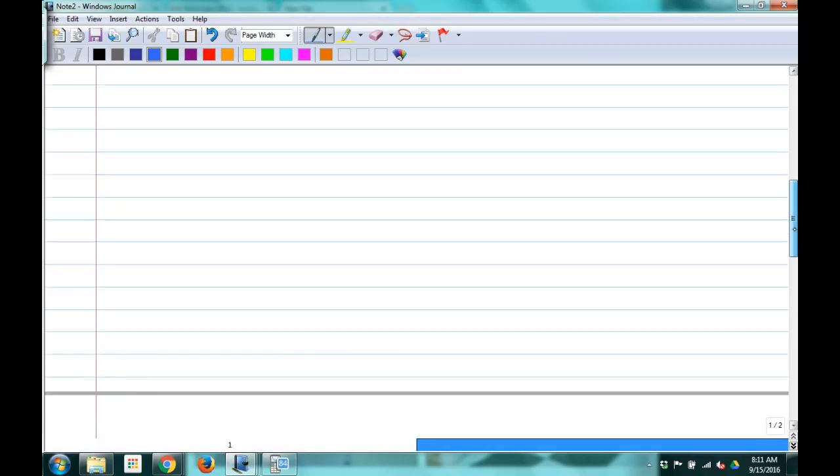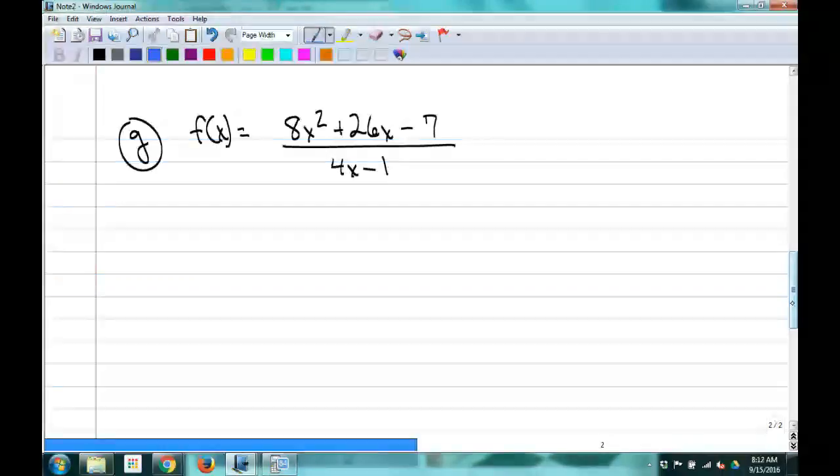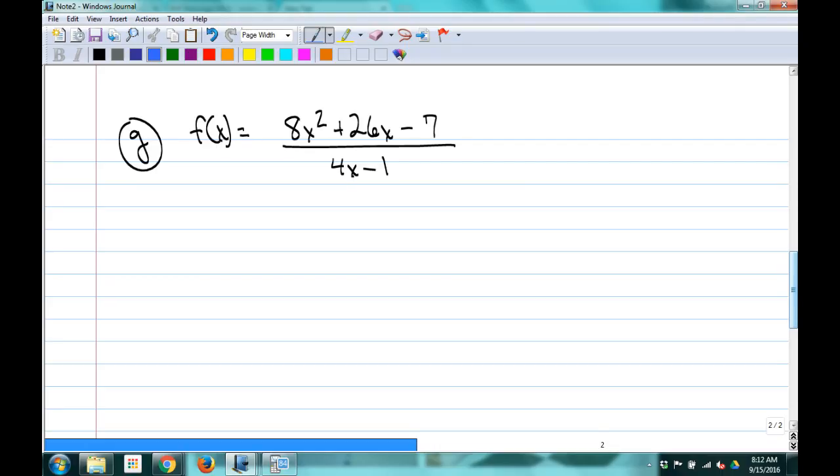All right, let's look at the last example here. We've got 8x squared plus 26x minus 7 over 4x minus 1. So we've got a nice little polynomial up top. It's quadratic, and then a linear piece in the bottom. So it's still a rational one. It's not quite as complicated, seemingly, as the others. We're still going to do the same things, though. Got the domain, our vertical asymptotes,